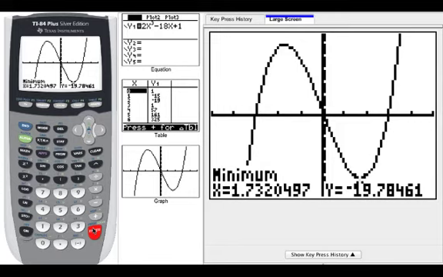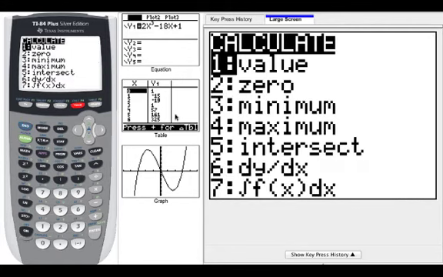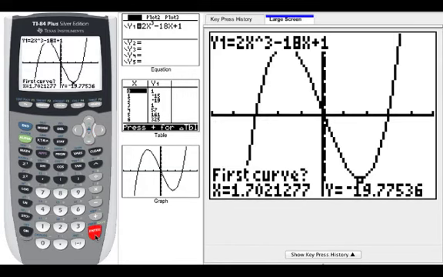Now what about the maximum? Well, now we can go back to second, and we can hit the trace key again. And this time, if we want to calculate a maximum, we go down to 4, or we can just type in the number 4, press enter, and now you can see the cursor again blinking. So what you want to do, it wants us to establish,